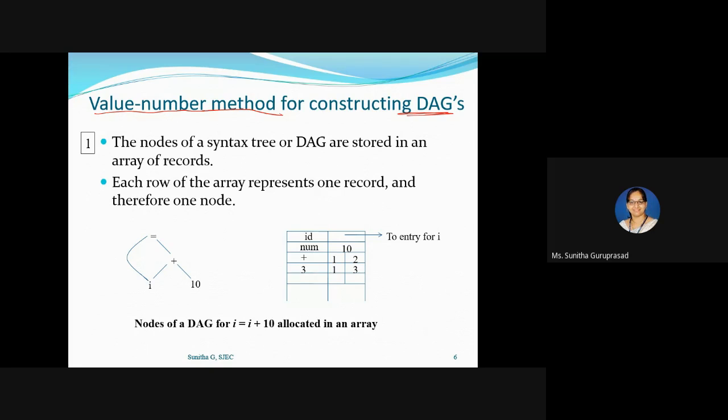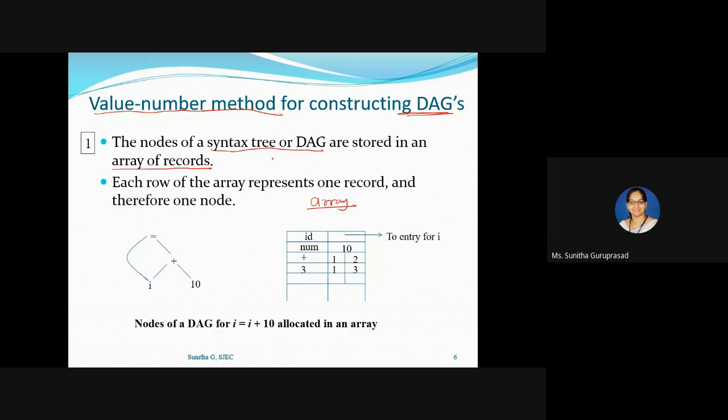The first method is that whatever nodes are there in the syntax tree or DAG are stored in an array of records like this. These are nodes, right? I plus 10 equal to, all these are nodes. This is a leaf node, this is an interior node.